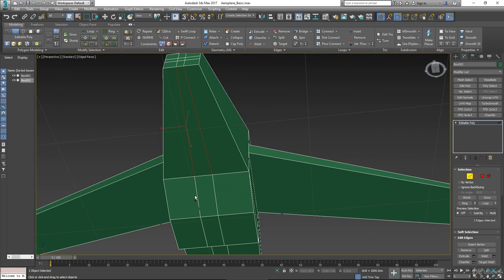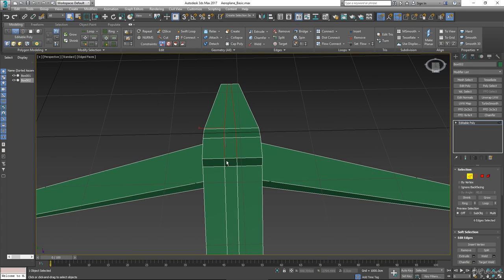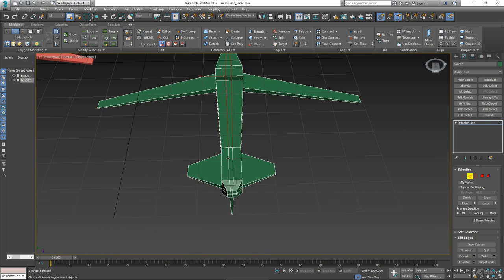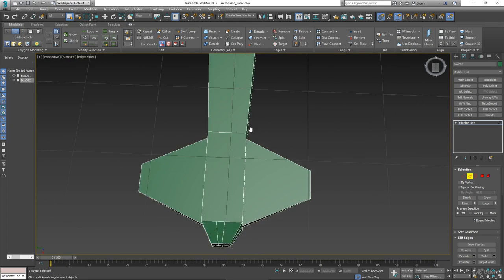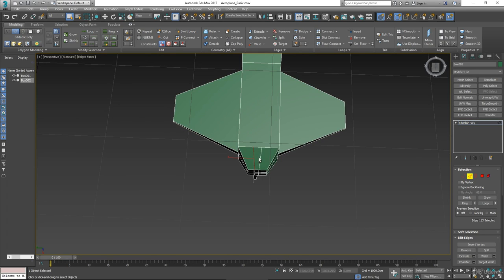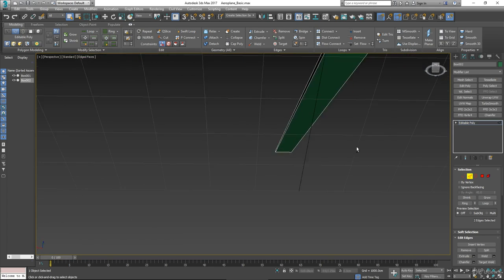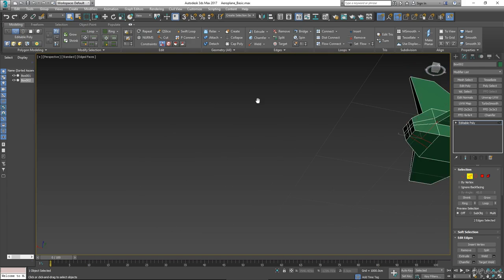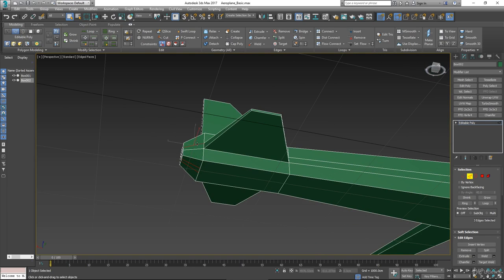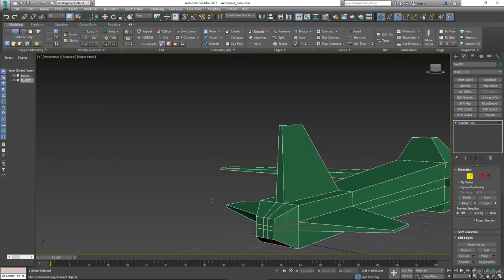Can do all these. Because they're just wasted polygons, and we can't have unused polygons in our models. Got to keep it clean, got to keep it tight, and don't be wasteful. Of course, if you need them, leave them, but